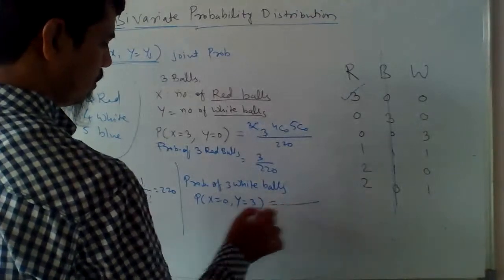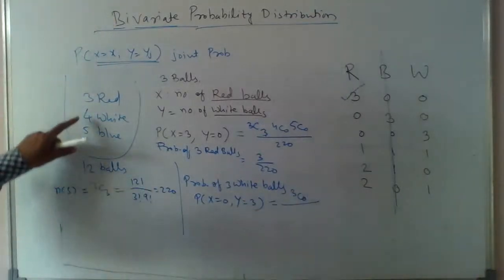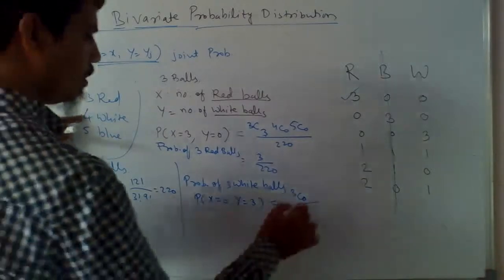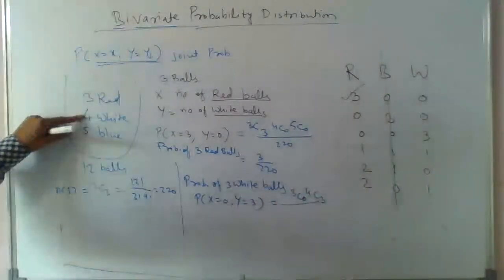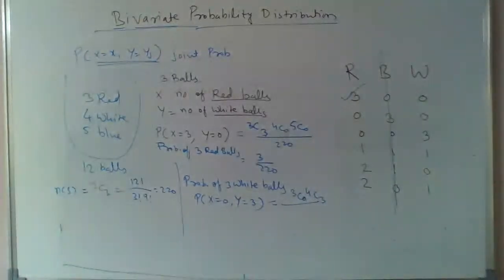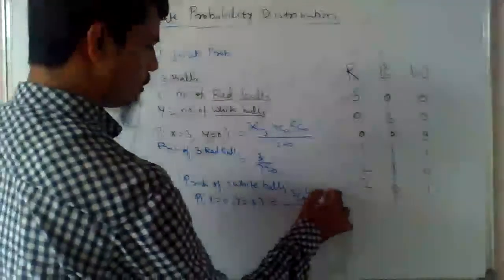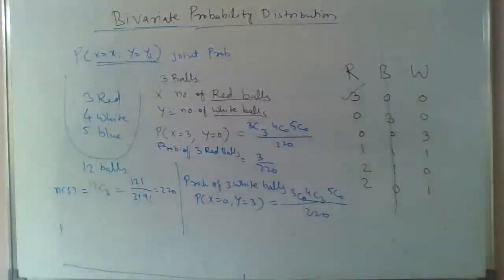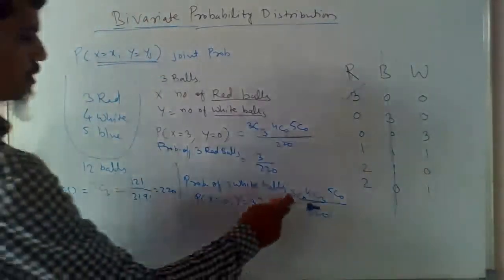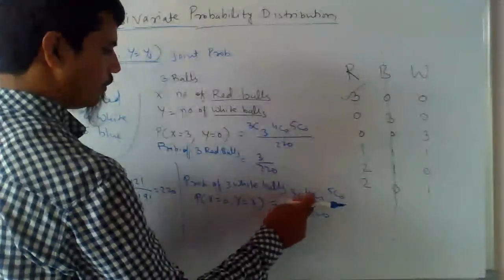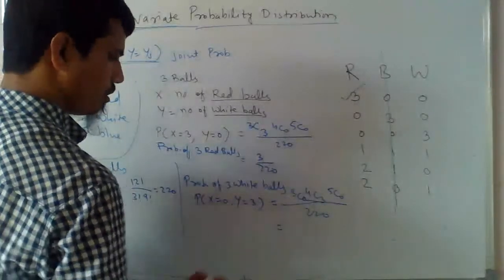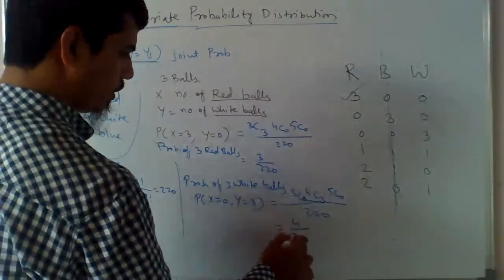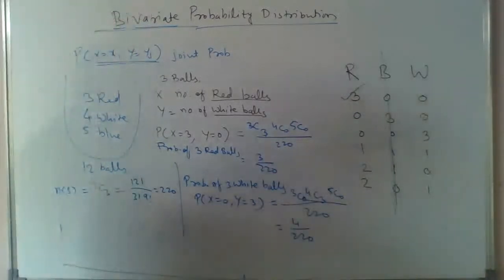Since we are selecting zero red balls among the three, it's 3C0, into 4C3, since out of 4 we are selecting 3 white balls, and 5C0 for zero blue balls, divided by 220. Simplify this: 3C0 is 1, 5C0 is 1, and 4C3 is 4. So it's 4 by 220. So there are 4 ways to select a 3